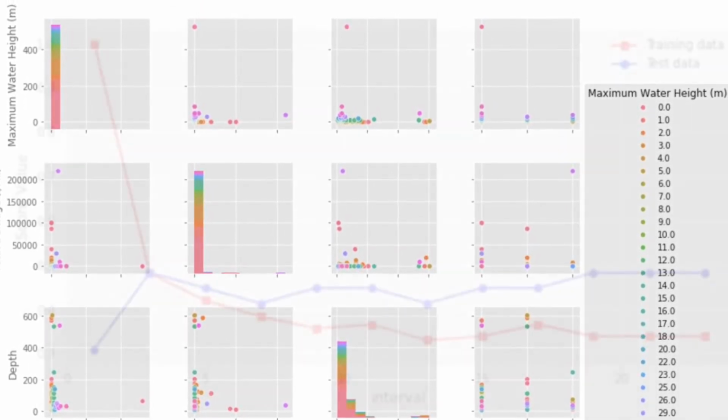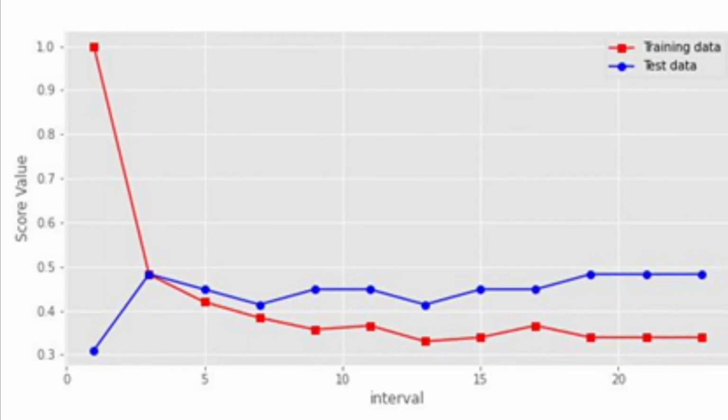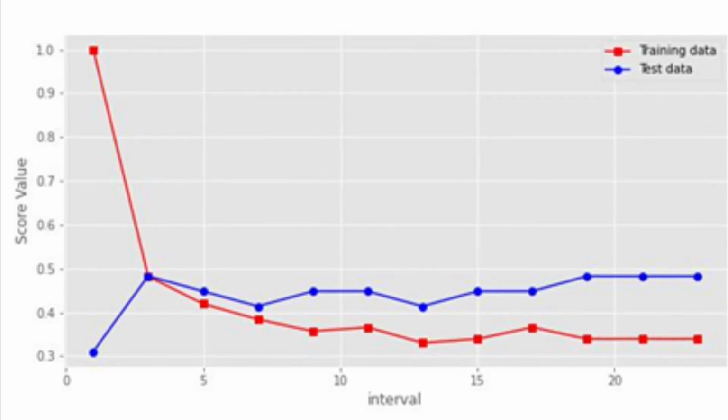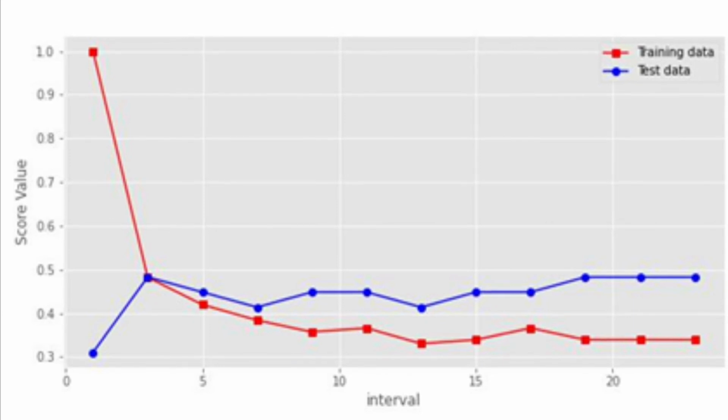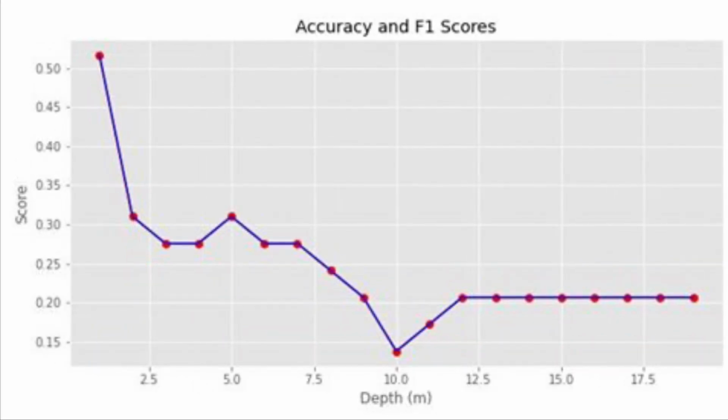We validated the models using confusion matrices, accuracy scores, and F1 scores. Unfortunately, our accuracy score was about 48% for our decision tree model, which was the best that we got. Here you can see the best score of our model is around 0.5. This isn't the result that we were hoping for, but we think the low score is most likely due to sparse data being trained and tested. Here is a visualization of the loop that I mentioned earlier. You can see that 1 is definitely the most accurate based on depth.